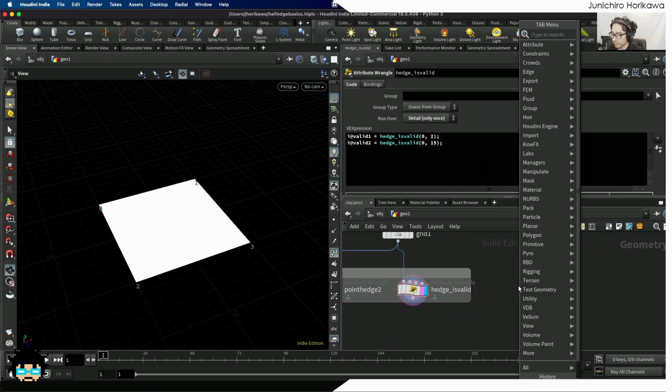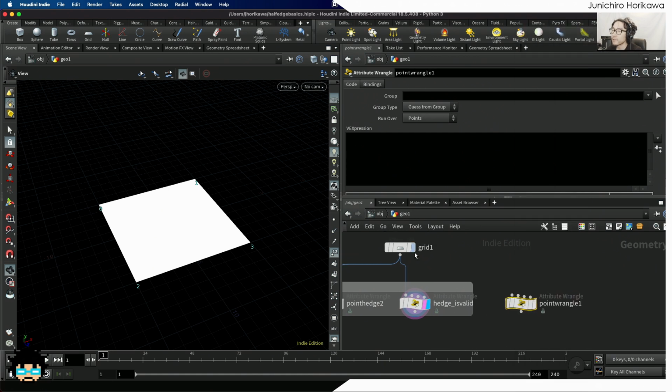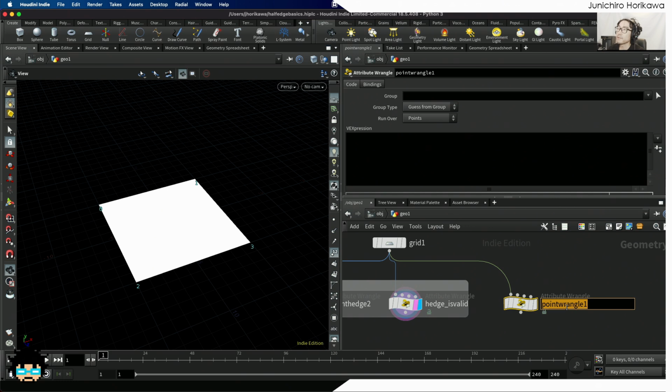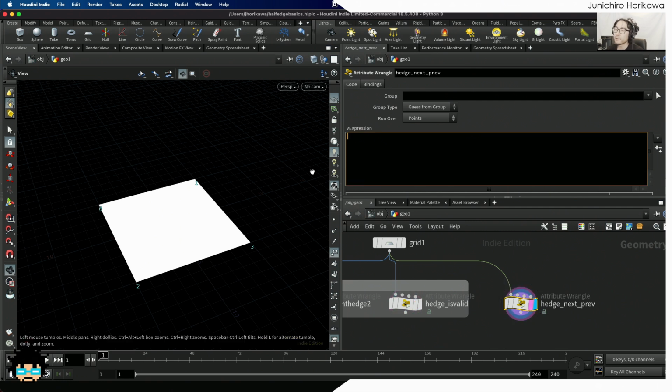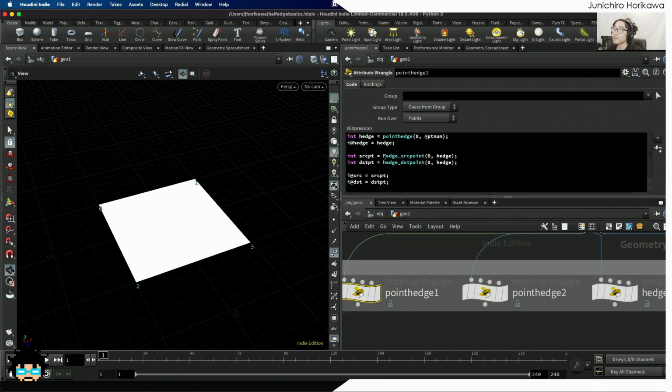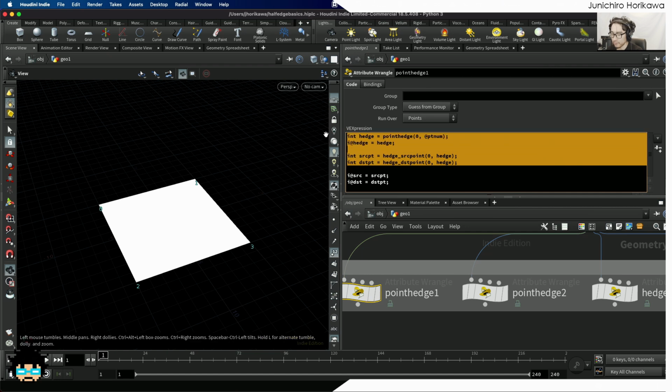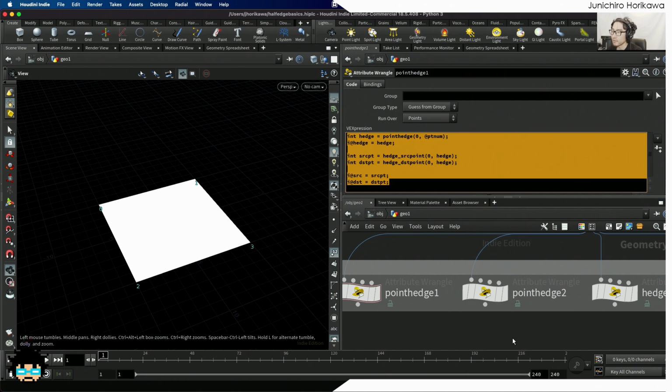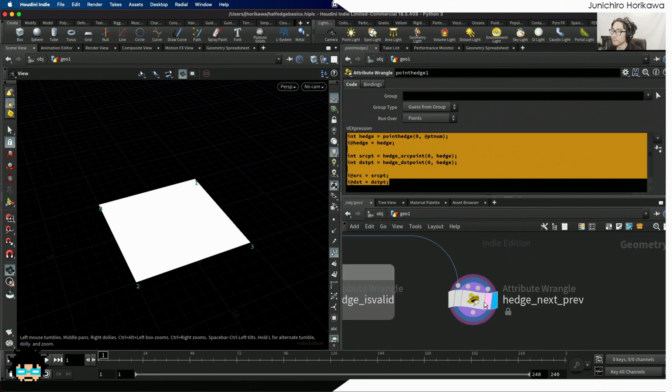Starting from a basic, I'm going to retrieve all the half edge for each of the point. So I'm going to use the point wrangle. And let's name this h edge, next, and prev. Okay. Now first of all, I'm going to retrieve the current half edge values for each of the point using the same point h edge function that I did here. Okay, so I'm going to just copy and paste this one, maybe the whole stuff, to this edge